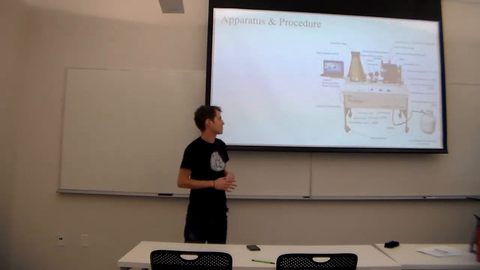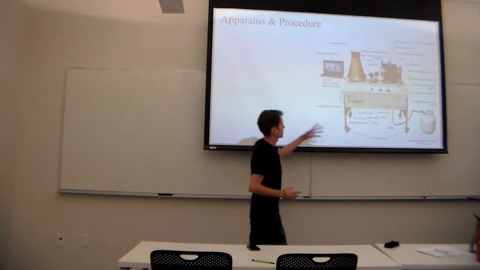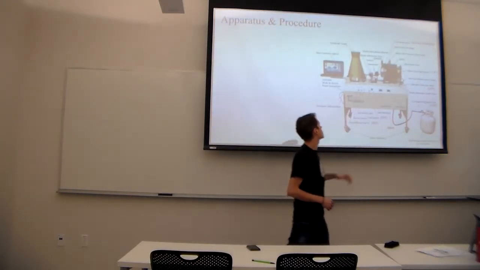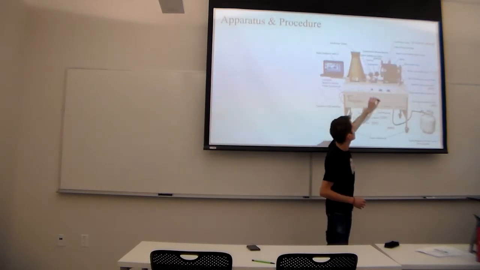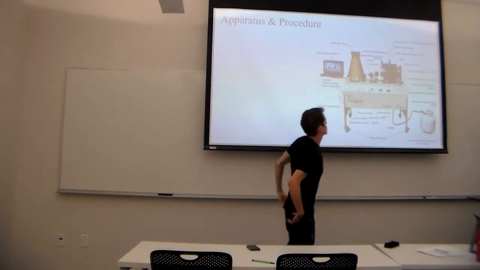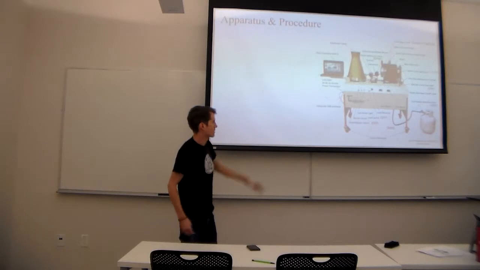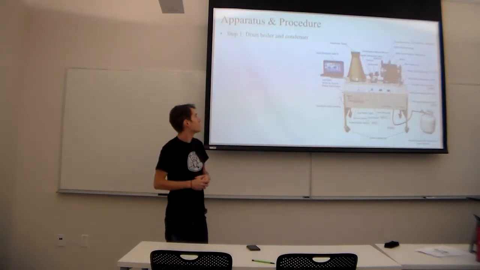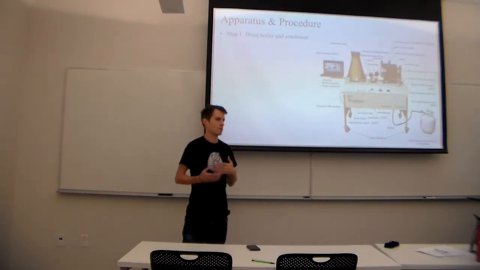All right, so the actual procedure, this is the apparatus. We start off with most of these switches off. I'll get to each one as we go along, but pay attention please to the steam emission valve. I'm going to leave that open, and the front boiler door, I'm going to make sure that's closed and latched, and the caster wheel should be locked. Nice. So after all that's set up, we move on to step 1, and that's we need to drain the